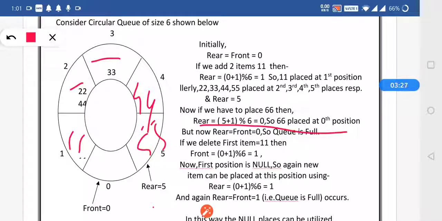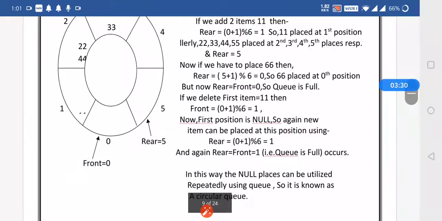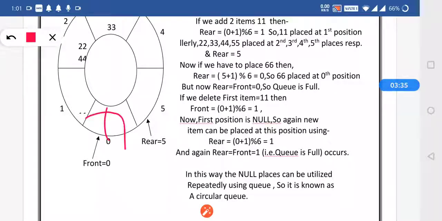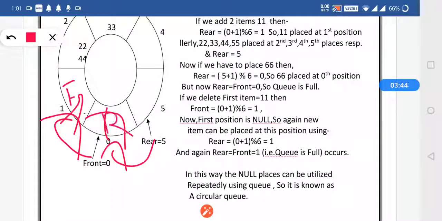So when we are deleting the element, after deletion, again your front and rear will be next to each other. Means suppose I am deleting the element from this particular side, your front will be here and rear will be here, so again they will be next to each other. Means this particular memory space is again used, it's not wasted. In this way, this null place can be utilized repeatedly. Means suppose we are deleting the particular element, then your front is moved to the next and your rear is moved to the next. In this way, rear is equal to front is equal to 1,